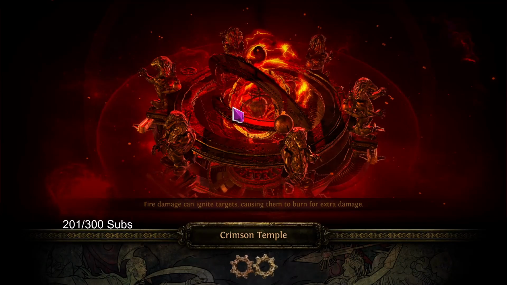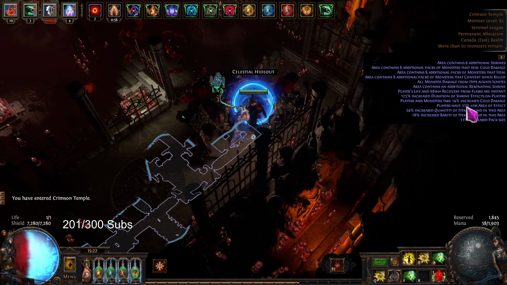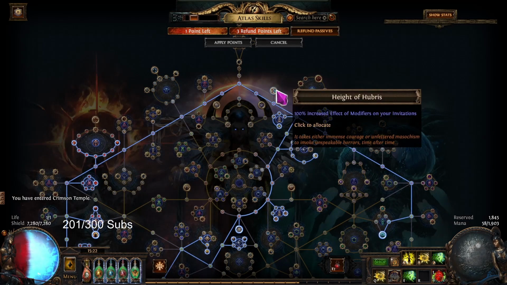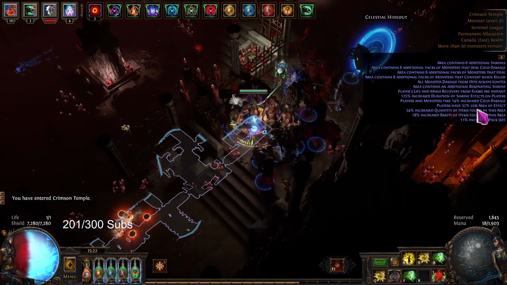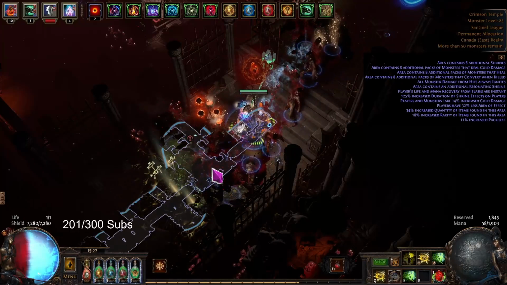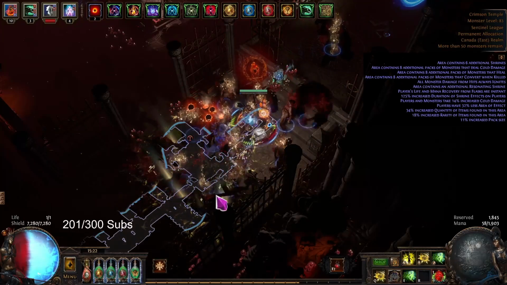We go into this map where I have 32% less area of effect because I did increased effect of the modifiers, and you can actually do Height of Hubris on an invitation, and then you could have 64% less area of effect. So your auras that you thought were big would actually be tiny, and so now it's...